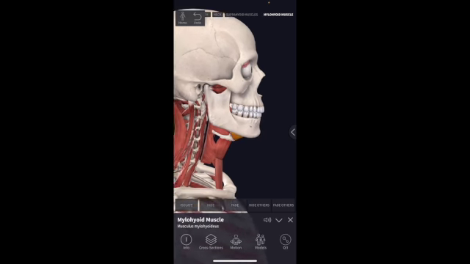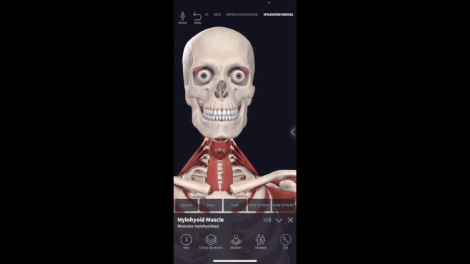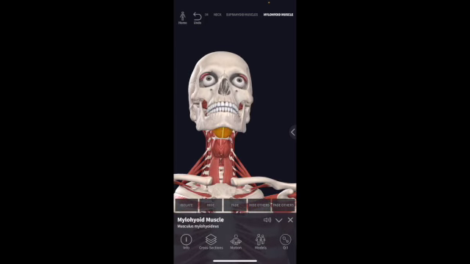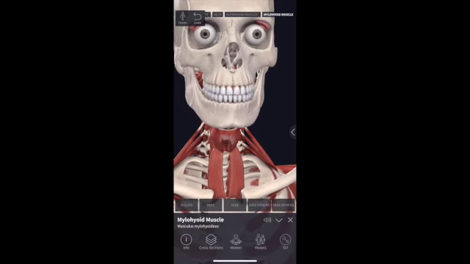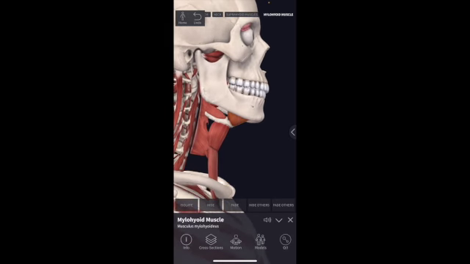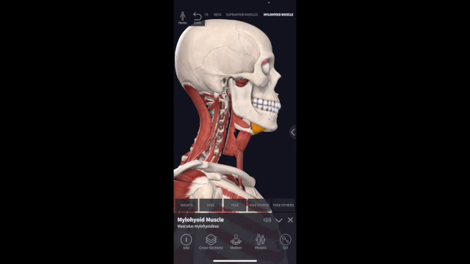This next muscle that you can see highlighted here, I actually might go to the anterior side maybe a little bit. You can see here, this is the Mylohyoid muscle. This is going to originate from the mandible and insert onto the hyoid bone. So you can get all different views. Back them up a little bit. Now this muscle is going to elevate the hyoid bone, the oral cavity, and it's also going to depress the